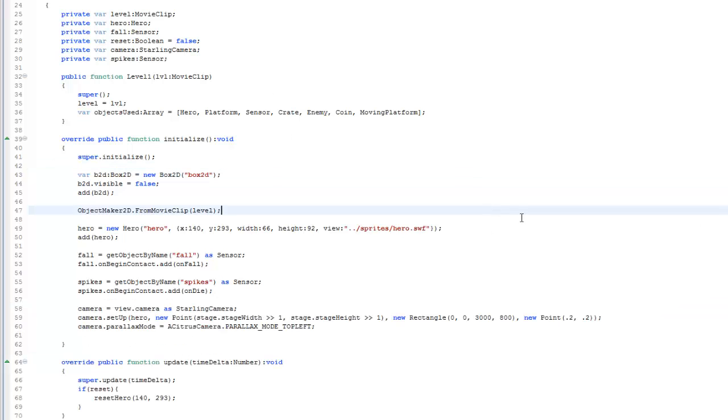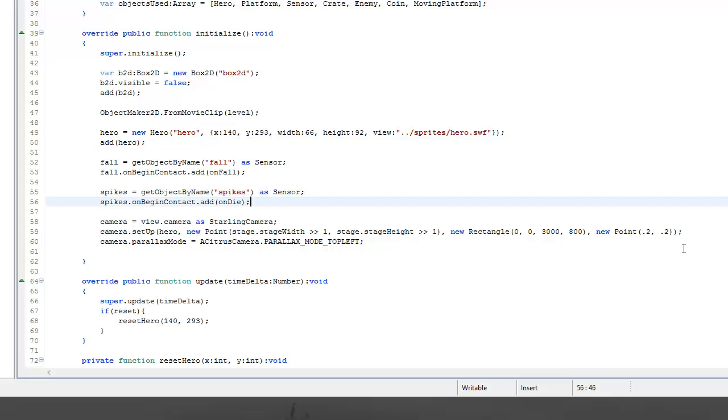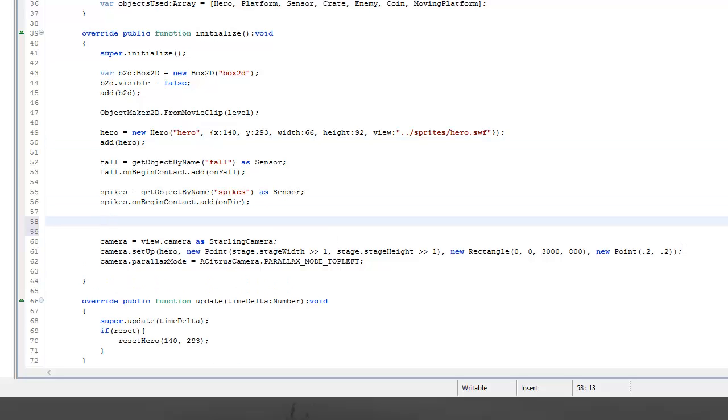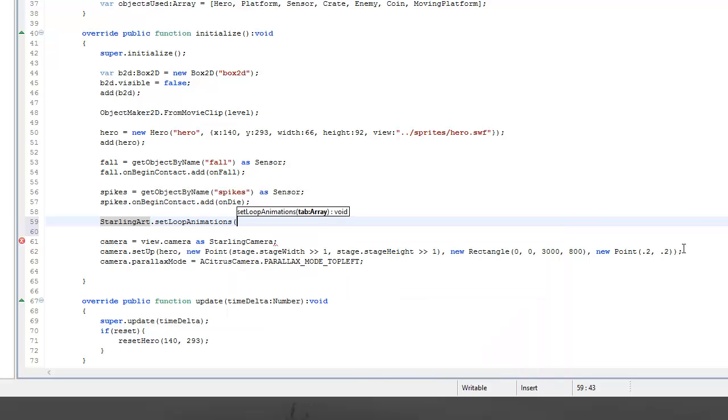Okay, so all we need to do is add, so we'll go into our initialize here, and we'll just come down to the bottom, right in here. And what we need to do is go starling art dot loop, set loop animation. Okay, and we need to pass an array of animations that loop. Okay, so this, we only have one, it's just idle. And then close that and save. Now if I run it again,